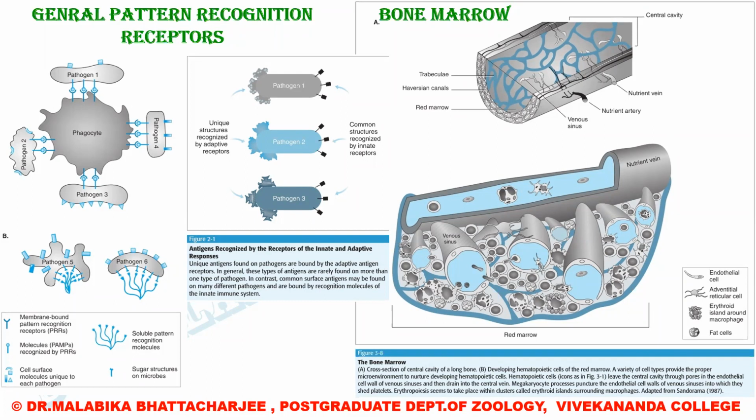Now, given the host of pattern recognition molecules observed, we have the toll-like receptors found on the plasma membrane, TLR1, 2, 4, 5, 6, and on the endosomal membrane, TLR3, 7, 8, 9. We have the NLRs, present in the cytoplasm, NLRP1, 3, 4. We have NOD1 and NOD2. We have the CLRs, present on the plasma membrane. We have the scavenger receptors, present on the plasma membrane.